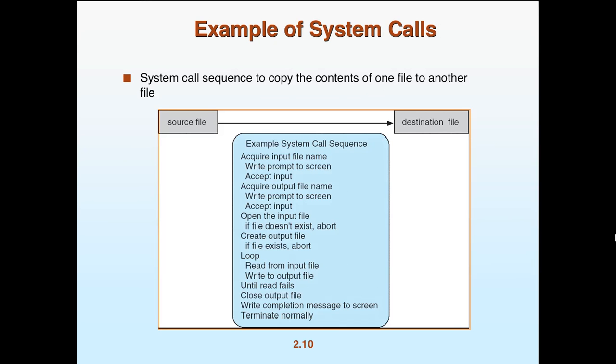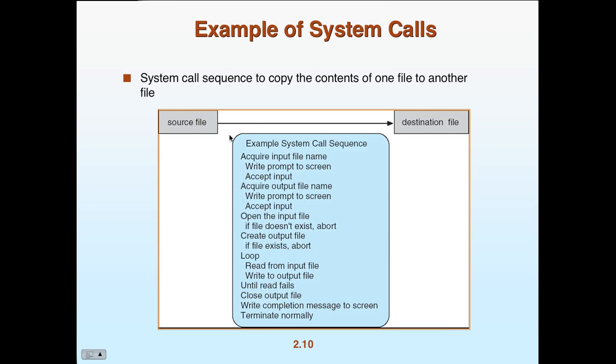Here's an example of system calls. A system call sequence to copy the contents of one file to another. So this would be a CP command in Unix, or a copy command in DOS, Windows. So we have a source file and we have a destination file. And then the system call sequence that would be part of the copy. And imagine copy is just one word, or CP is just one word you're typing in. You know, CP space, source space, destination. So all of these things here would be part of the system call interface that would be implemented when you